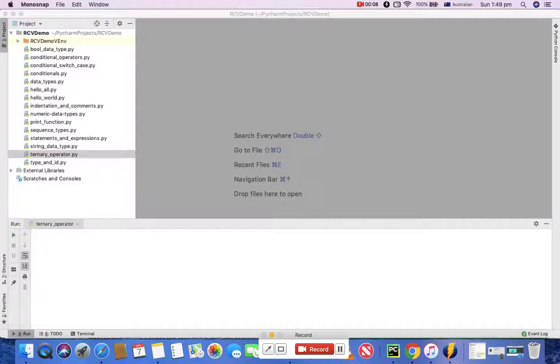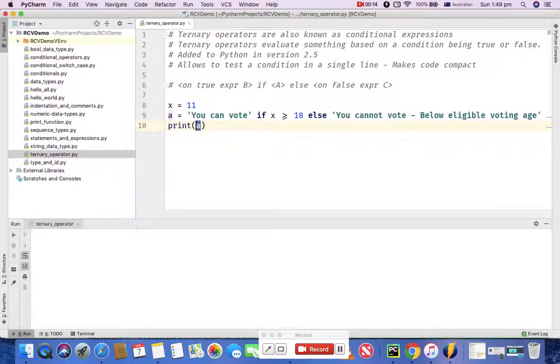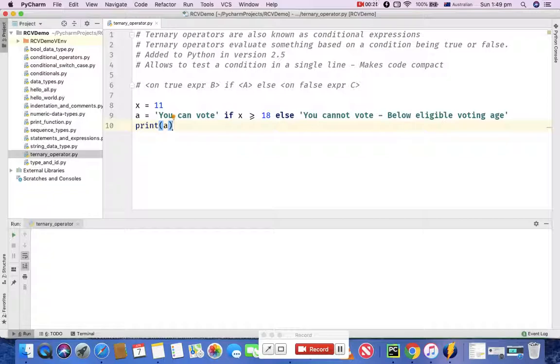In this tutorial, I'm going to talk about the ternary operator in Python. I've already created a ternary operator.py file. I'll open that and let's understand some of the basics of the ternary operator and when it got added in